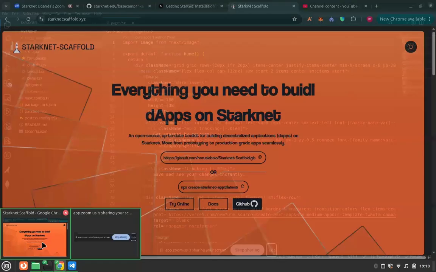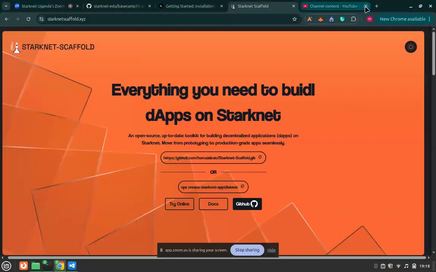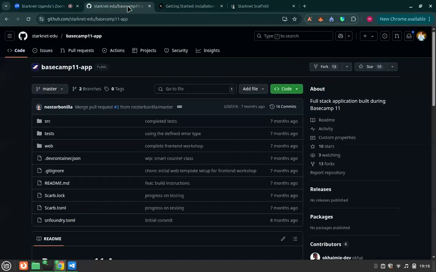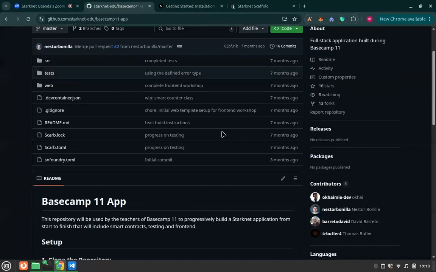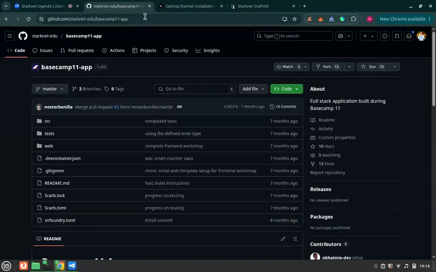So I'm going to follow a GitHub repository here. This is what I'm going to follow for this session. You can just fork it from this repo, Starknet Edu, and then Basecamp 11, so you can fork it from there. If I tell you to look at this repo,